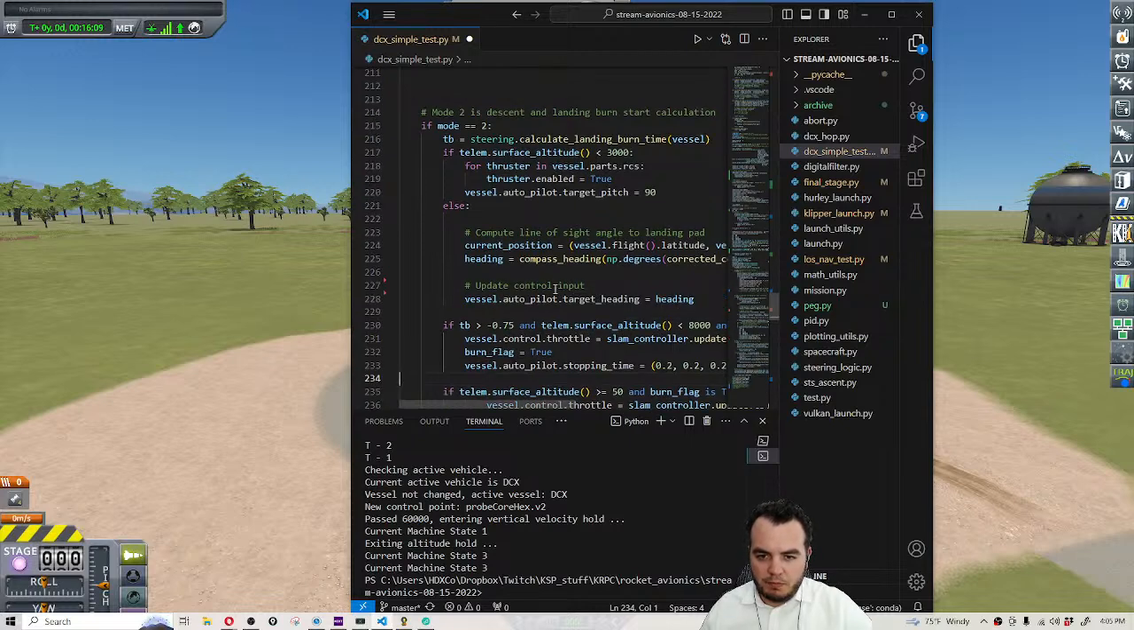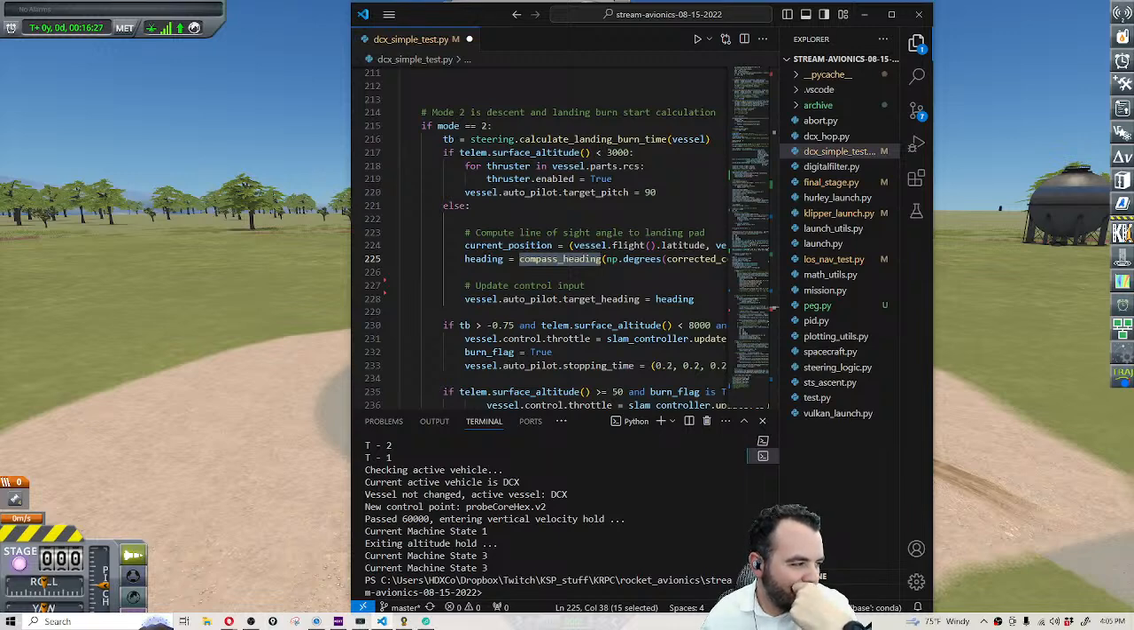That's all our time to burn, so it's gonna have to be here. So we get our current position, we have our heading, we're gonna need to get our distance to the pad, right? So if we have latitude and longitude,